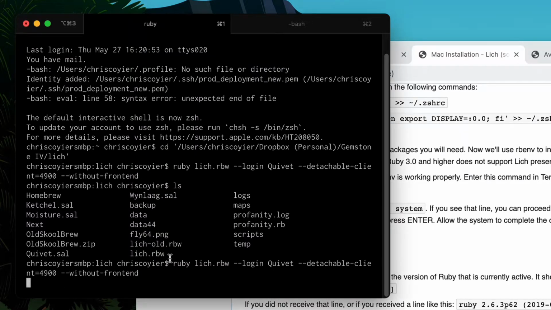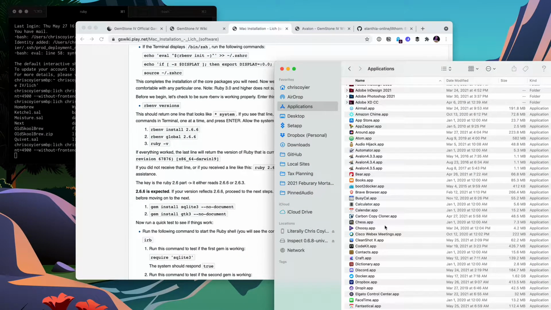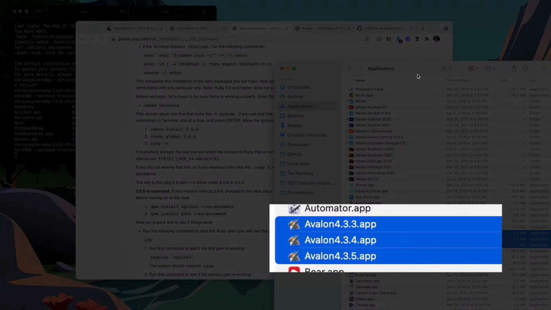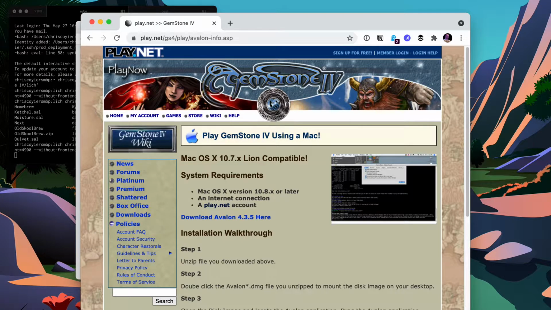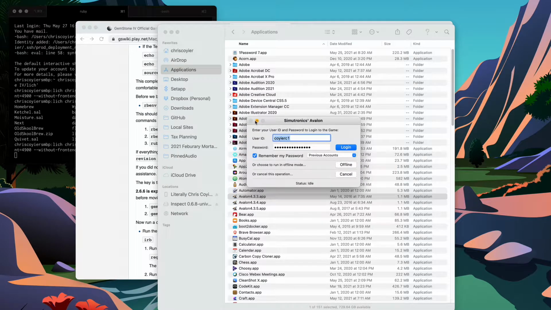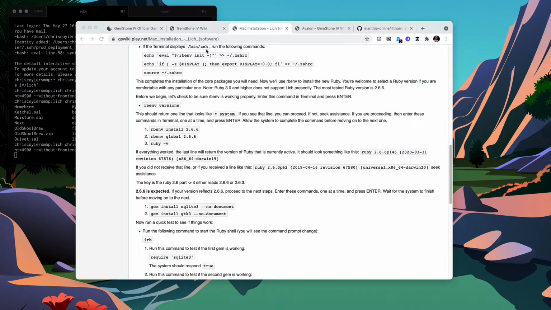I could do this and then use my applications here. I could use Avalon. Avalon is an application from Simutronics that runs Gemstone. So I have a couple versions here for multi-accounting if need be, and I can log in with that and get that working with Lich. But I don't use Avalon. I use